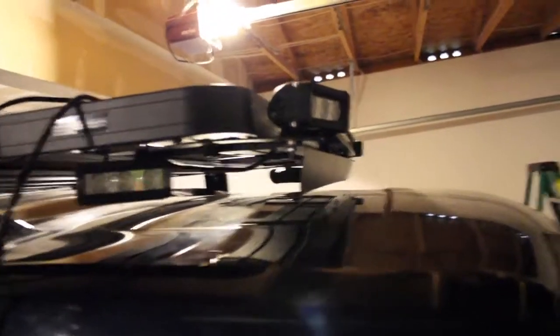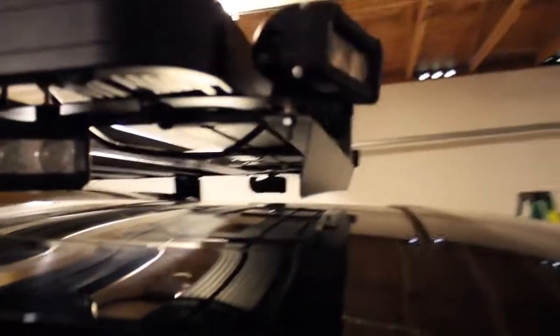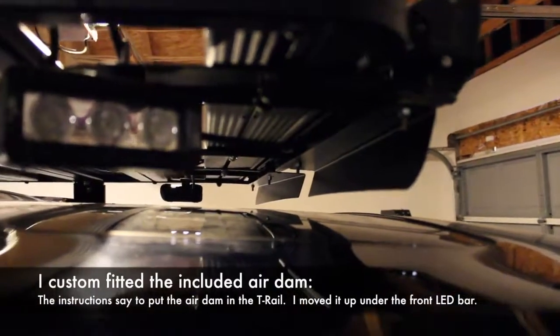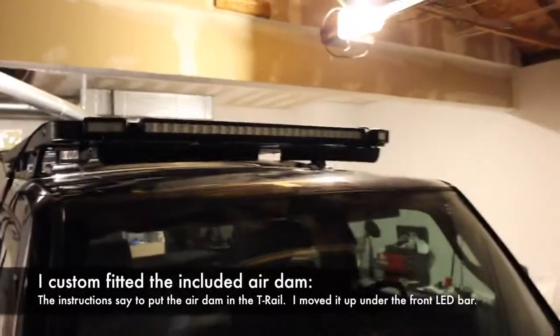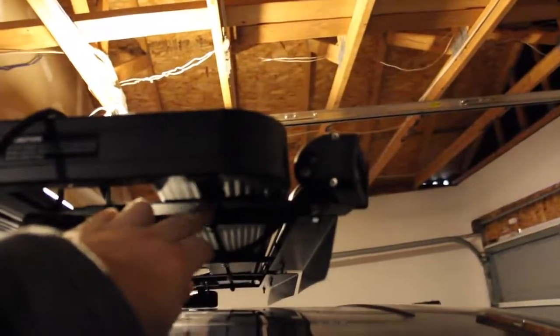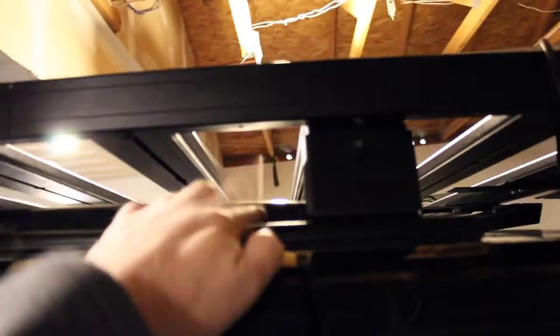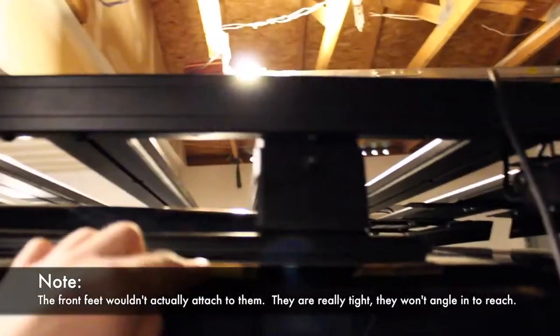I got the rack on, I got the lights mounted back on. I have fashioned the air dam, which came with the rack, farther forward and not mounted where it's supposed to be. And it's got a little gap in the front, which I may fill with something else. Better than nothing. The pieces that I got with the kit had these little foot brackets that were actually meant to go here between the cross beams if these things didn't line up the way that you wanted them to,